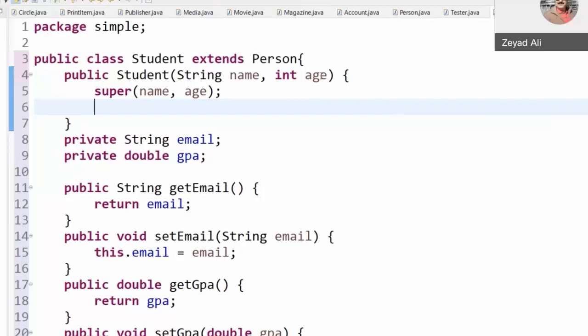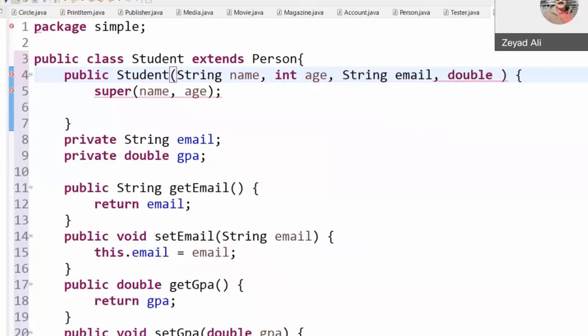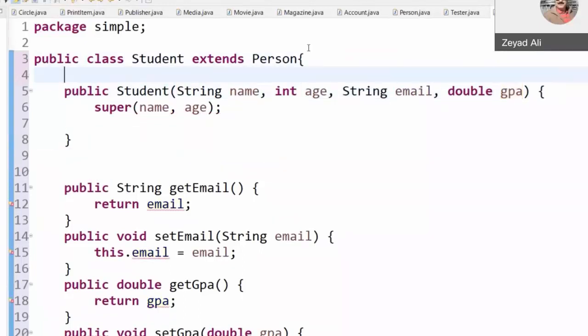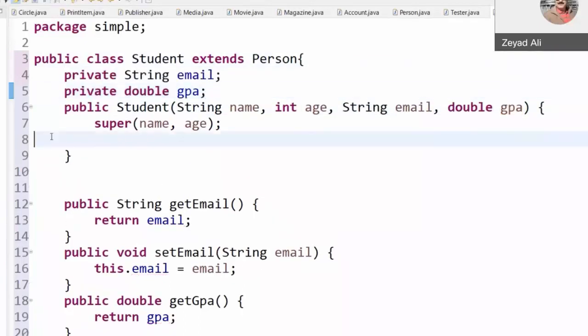However, since this is a student, I can add here, for example, email, which is a string, and a double, which is GPA. And I need maybe to move these two things before the first constructor. Fine.